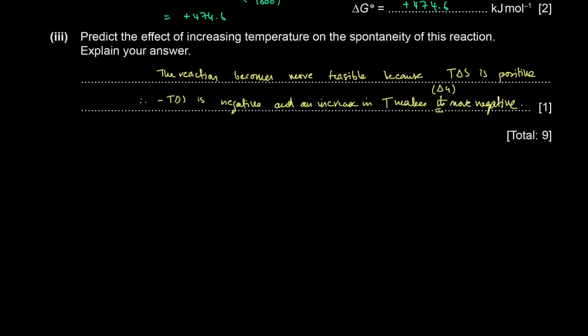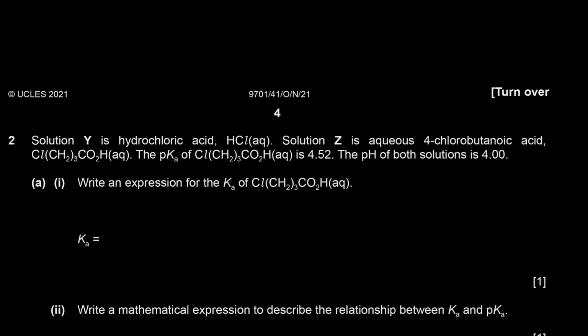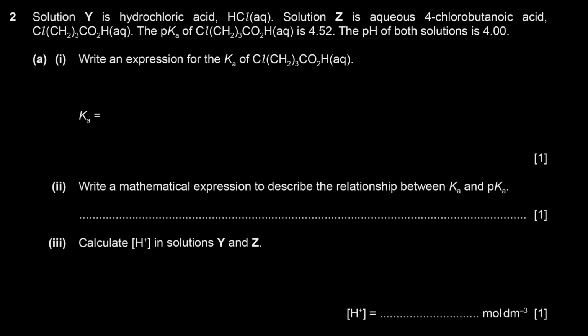Next, over here, we have question number 2. Now, question number 2 says, solution Y is hydrochloric acid, HCl aqueous. Solution Z is aqueous 4-chlorobutanoic acid. They've given a structural formula here. The pKa of 4-chlorobutanoic acid is 4.52. The pH of both solutions is 4.0